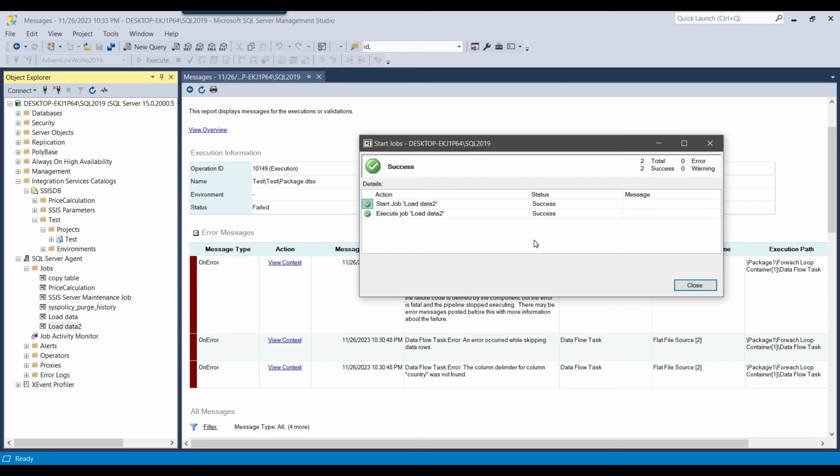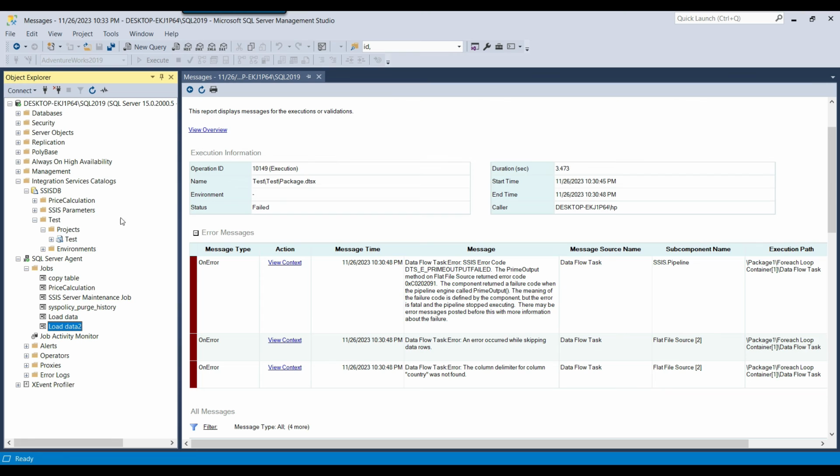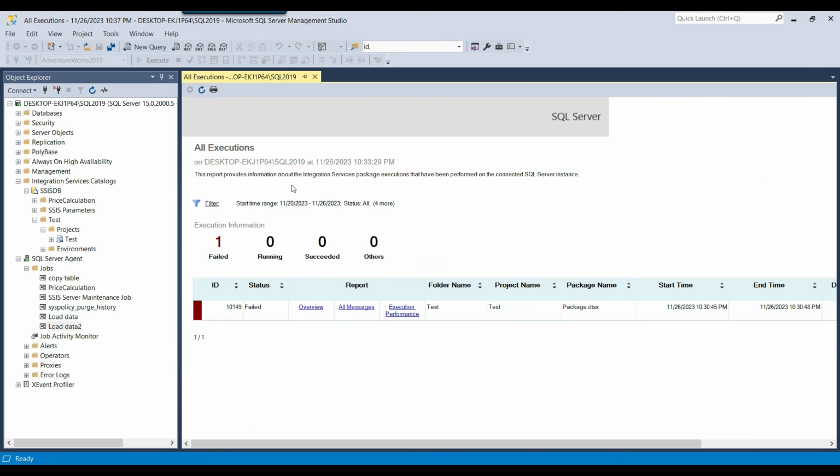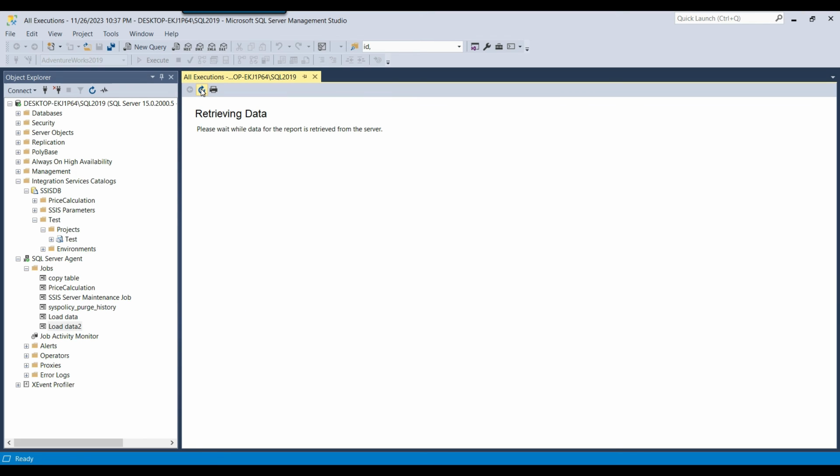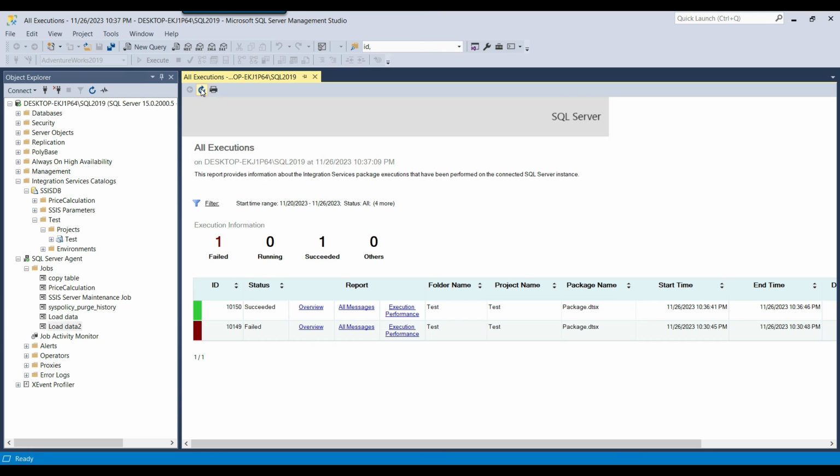Okay, so if you see here, the SSIS package ran fine because now the formatting of the file got corrected. I can go back from here, and if I refresh this one, you can see the execution reports. Now you can see that this particular SSIS package got executed 2 times: one time it failed and another time it succeeded.